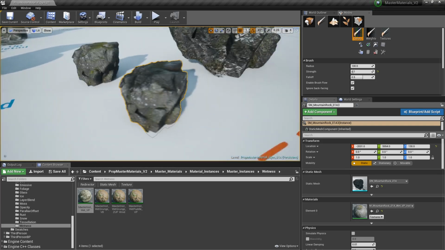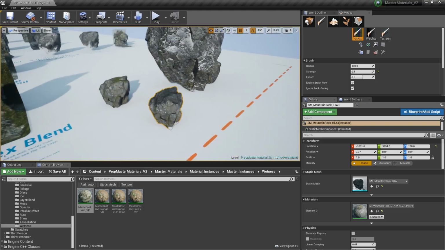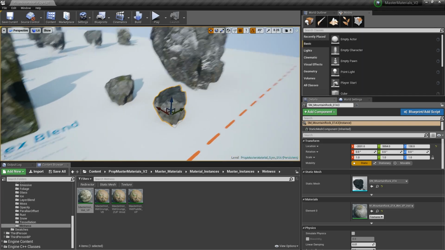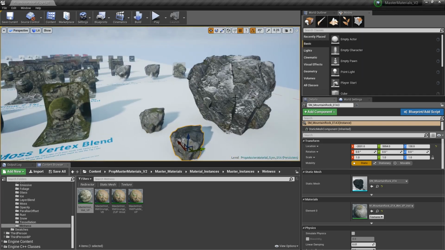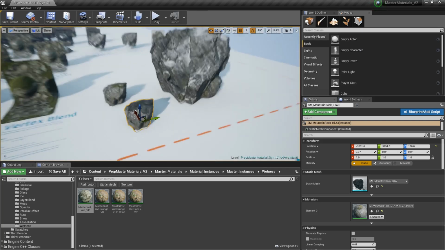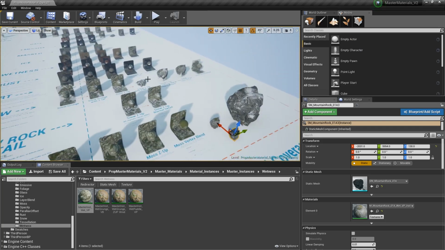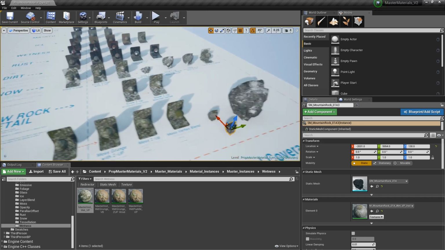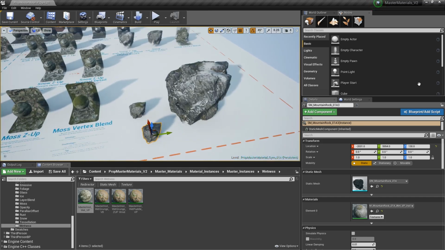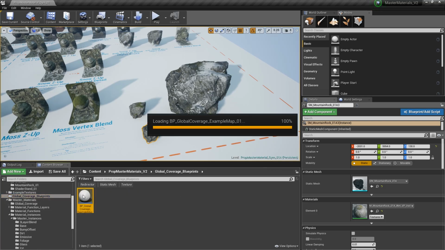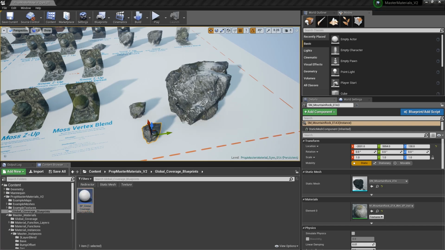So it's super easy to use. And for all of my master materials, or sorry, all of my children materials that I've just created for these rocks, because I've made instances from them, they'll all work automatically with my global coverage blueprint. So if I open that one, it's the example map version,